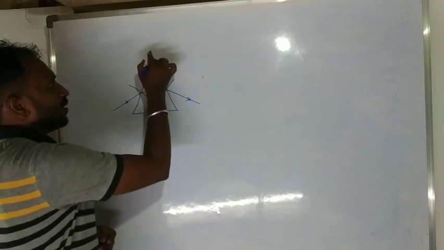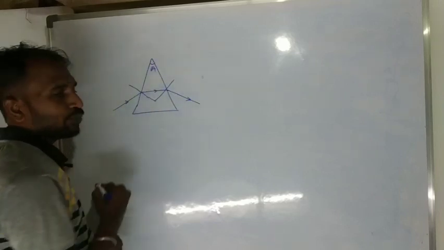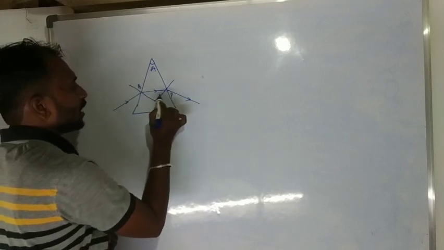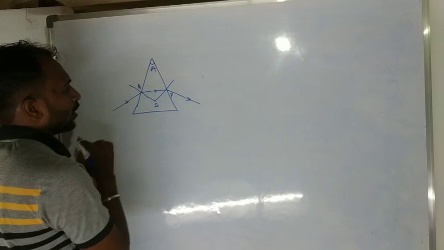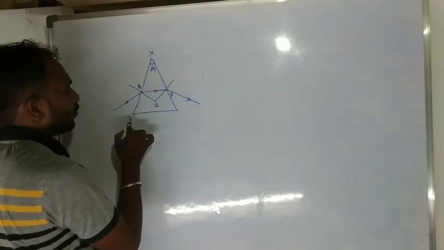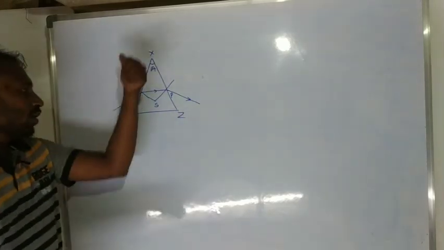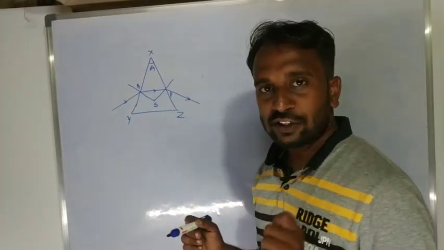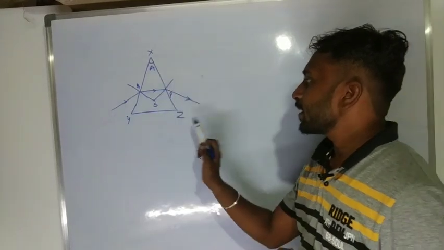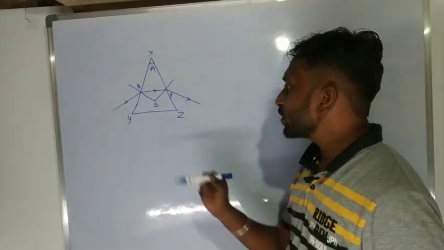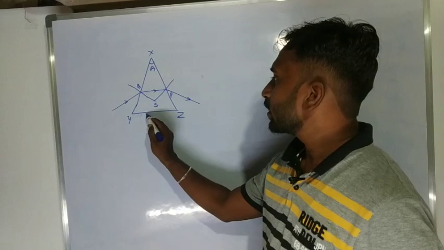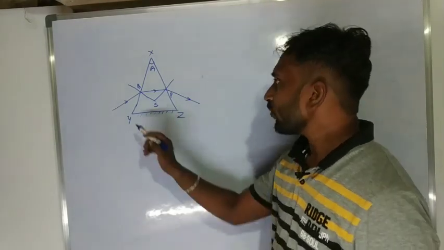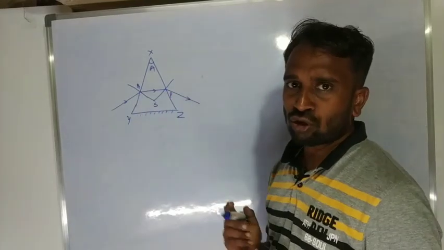This one is the angle of the prism, and here we consider this one is Q, this one is P and this one is S. And here X, Y, Z. XY is the first refracting surface, XZ is the second refracting surface, and YZ we consider the base of the prism. Here we also consider two normals.